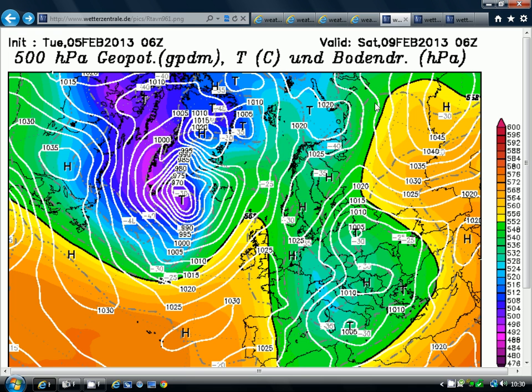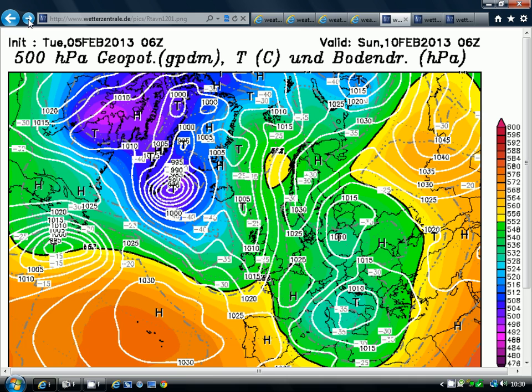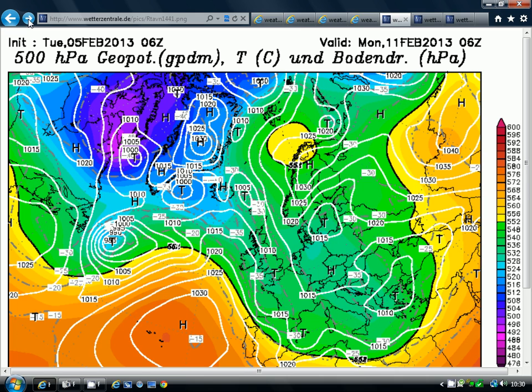So this is the GFS model this morning for Saturday the 9th of February, showing the high pressure building up over Scandinavia. We've got a ridge over the country, so it'll be cold on Saturday, but mainly dry. But the low pressure in the Atlantic is trying to move in. As we move through into Sunday and Monday, we find that low pressure stalling across the country. That's stalling in quite cold air. So there is the potential there for some snowfall to develop across parts of the country.